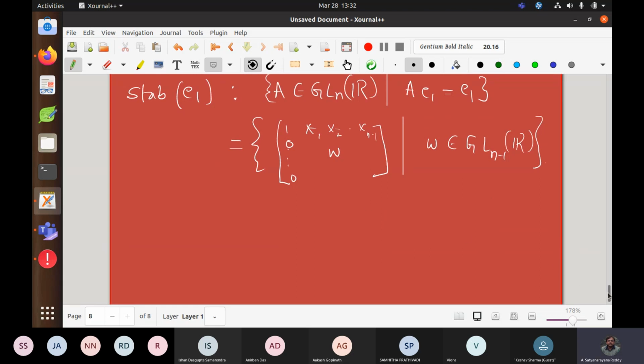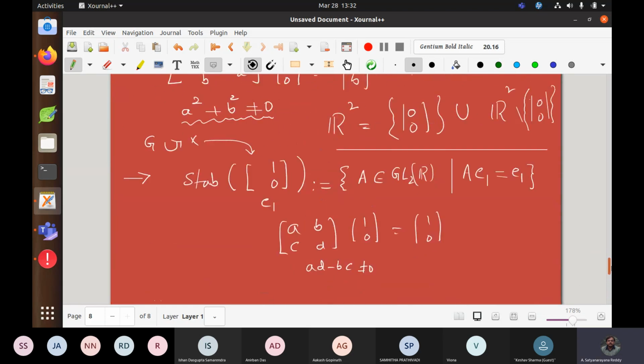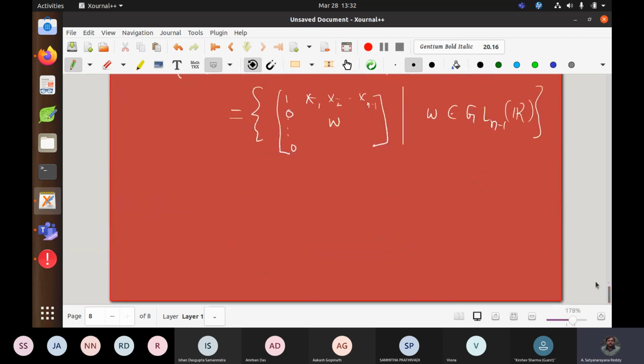So that's why I did the 2 by 2 first, so that more clarity will come when you go to n by n. But as an exercise, you try to do the 1 by 1 case, easy, right? I gave a very simple case. I hope you do it. So can I proceed? Any questions?